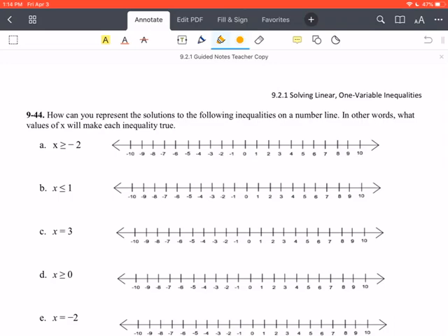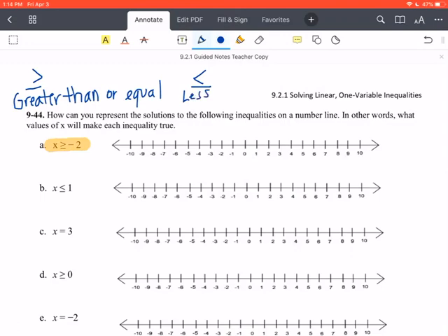Okay, so if we look at A, the first inequality is saying x is greater than or equal to -2. Now we might want to stop at this point and remind ourselves that when the big mouth is opening to the left, this means greater than or equal to. Okay, and then when the small mouth opens to the left, we read that as less than